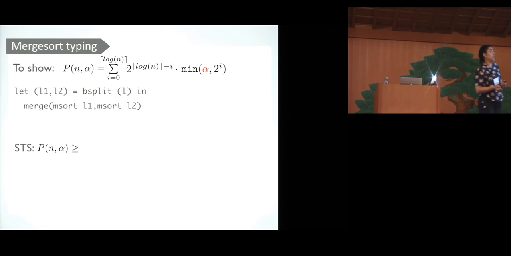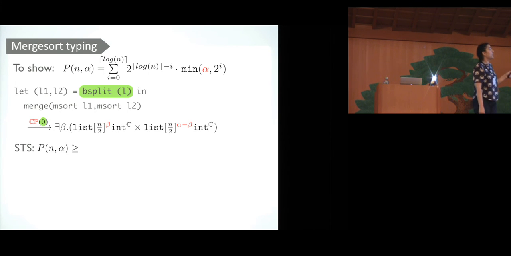So let's look at the body. In the body, we have B-split. It can be shown that B-split, because it just rearranges its elements and doesn't do actual computation, can be given zero change propagation cost. And if it was given alpha changes, it can redistribute these elements so that if the first list has beta changes, the other one will have alpha minus beta changes. So we need to show that p and alpha is enough to pay for the cost of B-split, 0, plus the cost of the recursive functions,